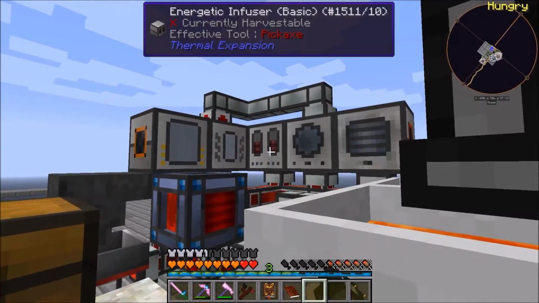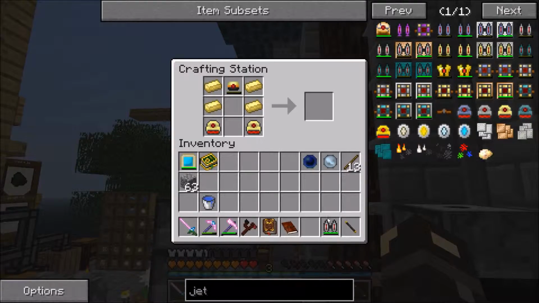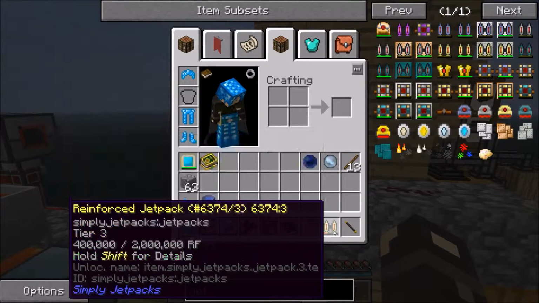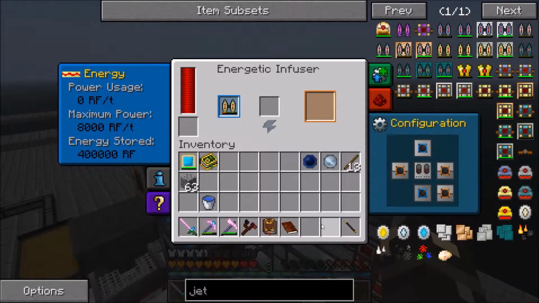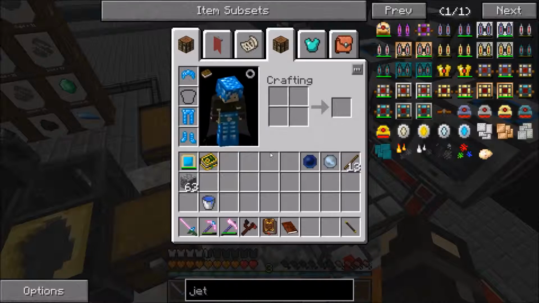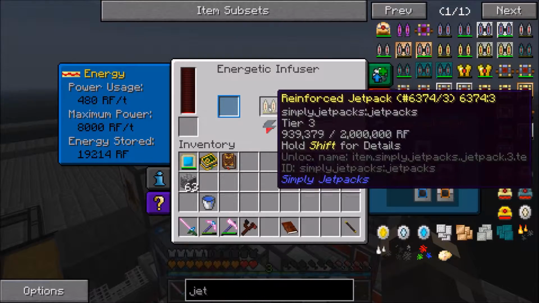So we will go and grab my jetpack from the energetic infuser here and just stick it right in there. So now we have a tier 3 jetpack, not armored, default particles, 2 million redstone flux. I wonder how quickly this charges, and whether or not it'll start to drain even like my leadstone energy cell here, which is what I'd assume it would do, but I have no way of knowing. So we're about to see...